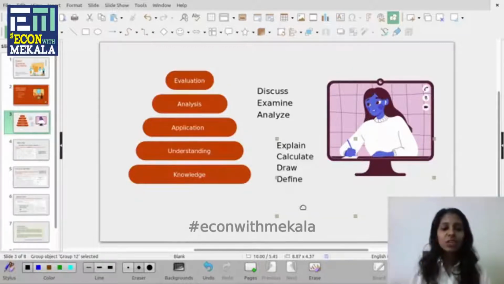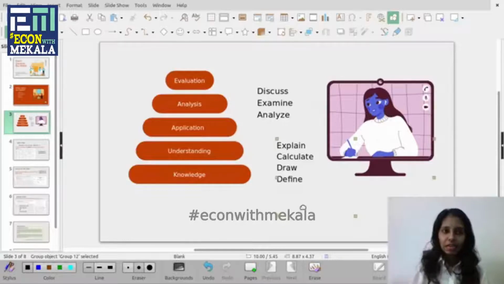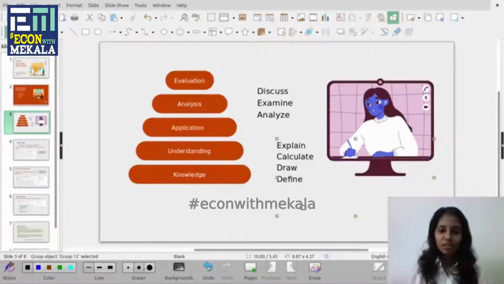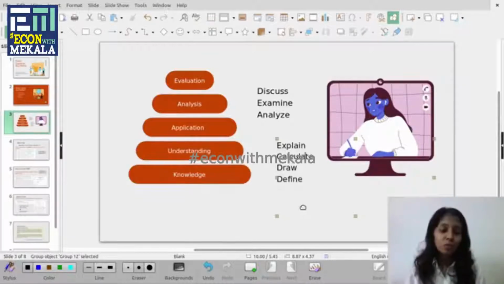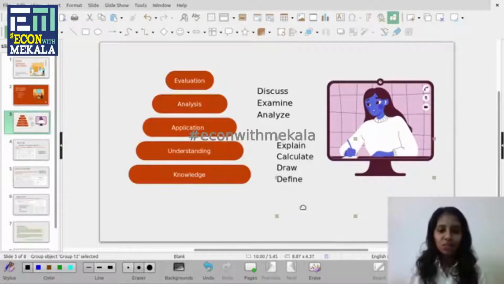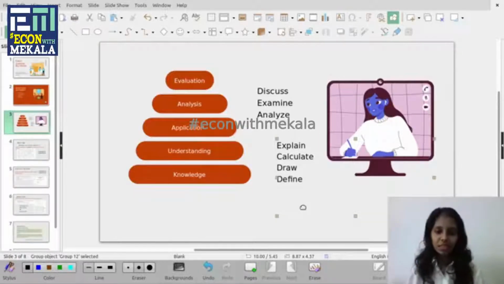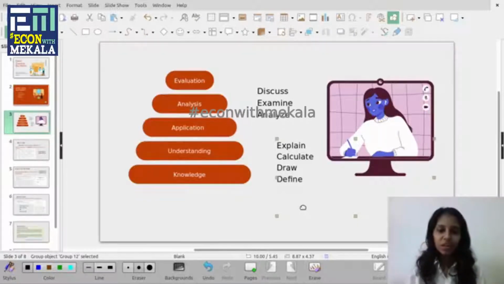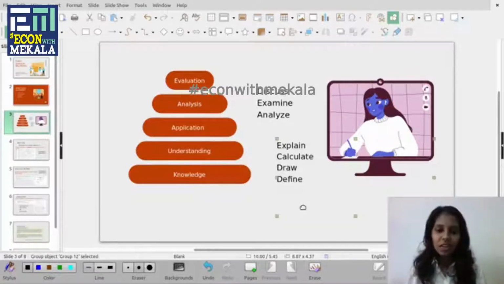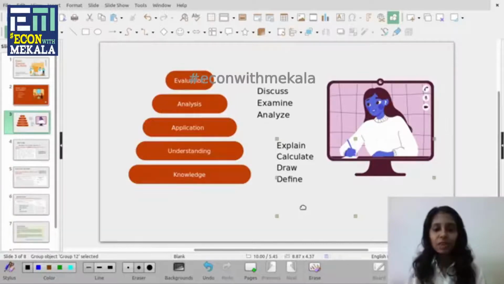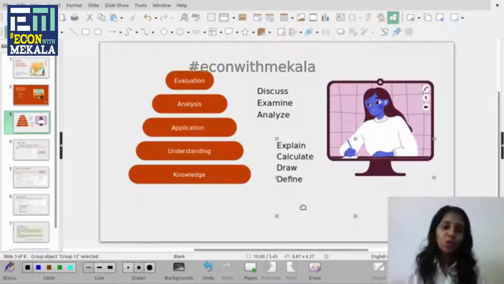Understanding is when you get a question like this: using your knowledge of demand, explain the relationship between demand and price. For you to explain the relationship between price and demand, you're supposed to know what the relationship is. We all know the very common relationship we study in economics: price and quantity demanded have a negative relationship. These variables go in two different directions. When price increases, people demand fewer goods. On the other hand, when prices decrease, people want to buy more goods.